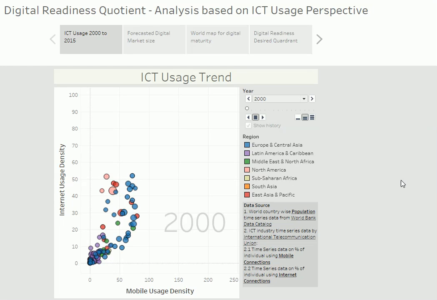So what you can expect in this webinar is that you will be able to understand the digital readiness of different countries, and this can do two things for you. One is you will be able to understand how digitally matured a country is, and if the maturity quotient is high, then there would be a good appetite in those countries to accept the digital services that you can offer. And if the digital maturity index or quotient is low, then you will have an opportunity to develop the